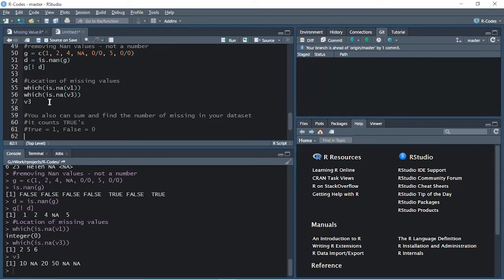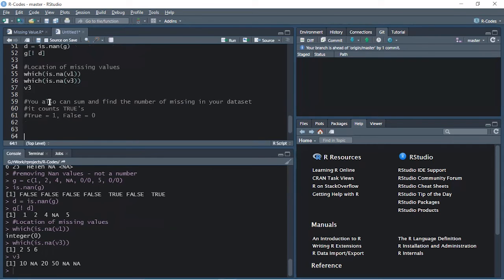Now, how do we know how many missing values there are if there is a large data frame? Let's use a small data frame for now and understand how to count the number of missing values. For that, I am using the sum function. The sum function will help us count the number of missing values. How will it count?